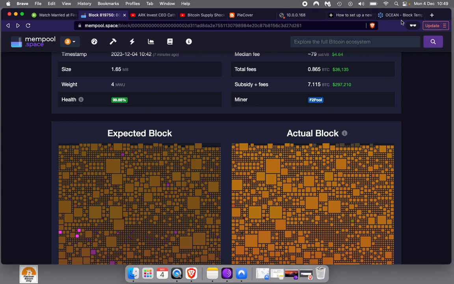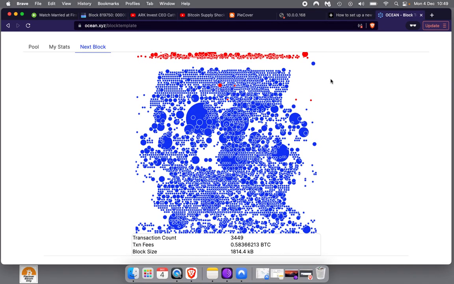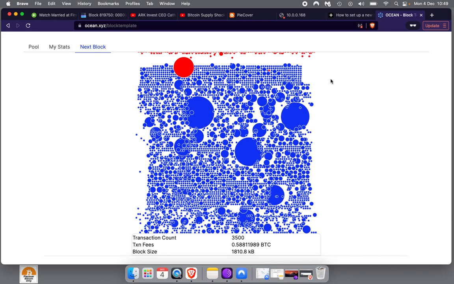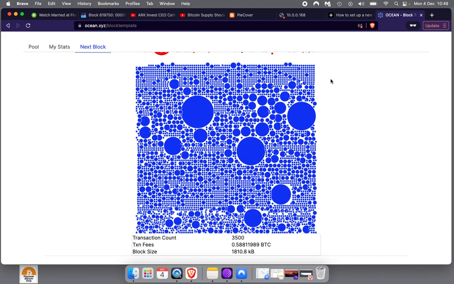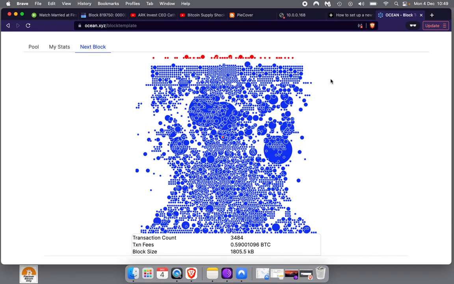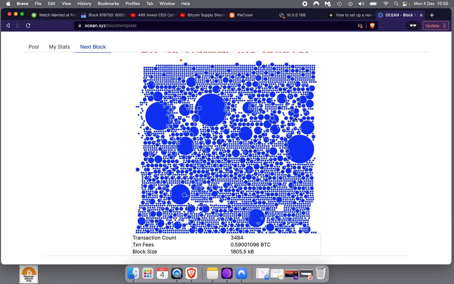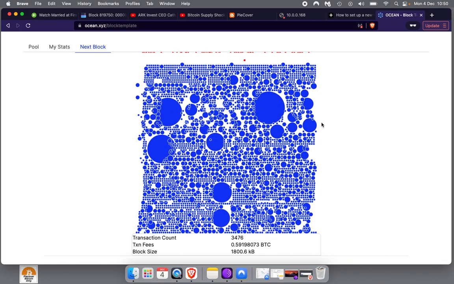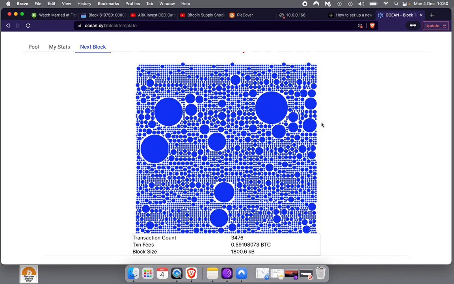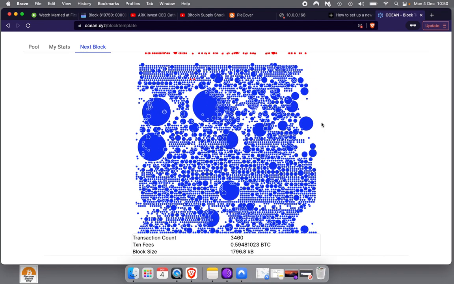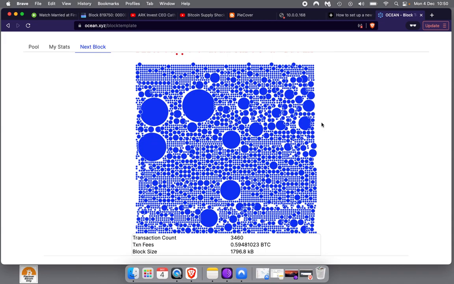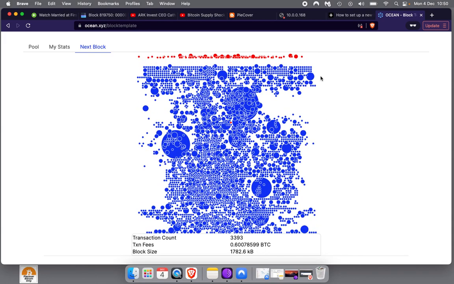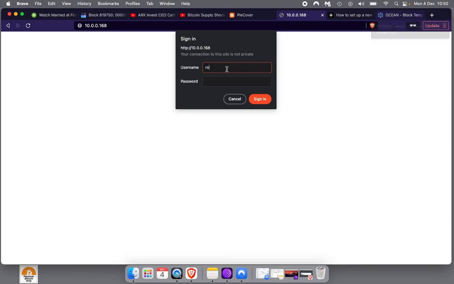But over here, they have Stratum V2. This is a feature for mining that will allow the miners themselves to select which transactions they want to include in the block, right? So right now Ocean is doing the template, but when they implement Stratum V2, the miners will be able to, right? So this is why I'm deciding to put my miner on